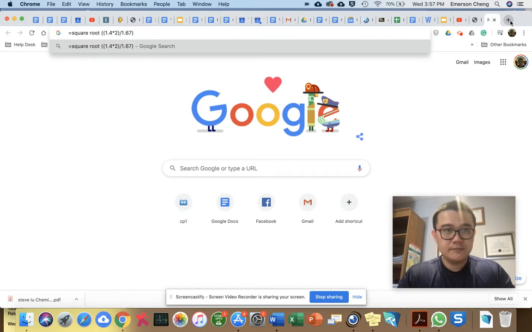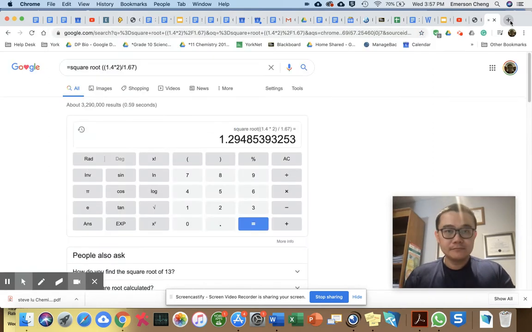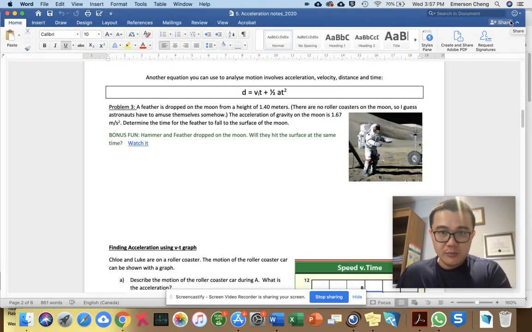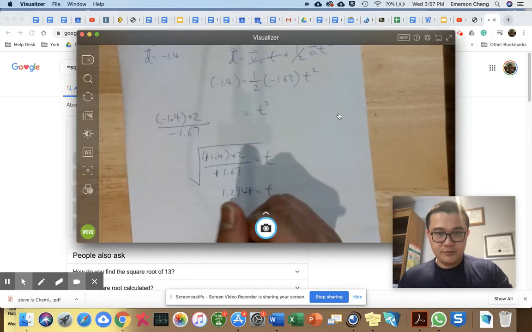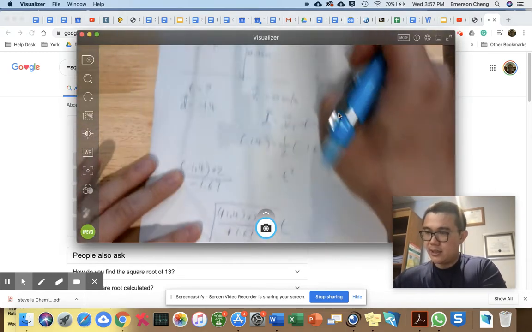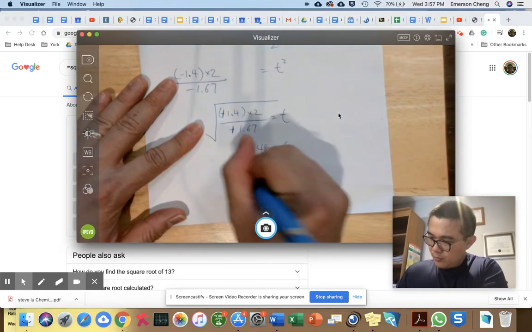That looks right. Yep. So in this case, it will be 1.2948. Okay, looking at all these numbers, this is 3 sig fig, this is 3 sig fig, so I should round my final answer to also 3 sig fig, which in this case will just be